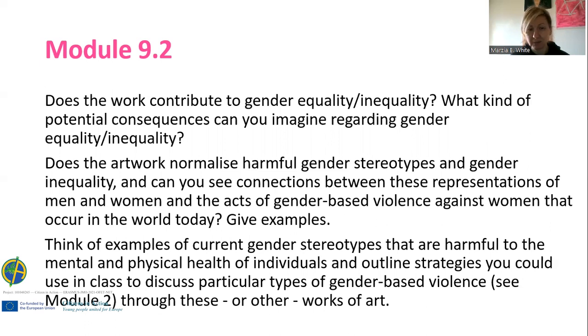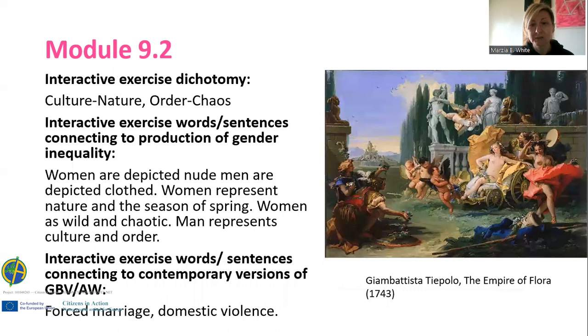Please give examples. Think of examples of current gender stereotypes that are harmful to the mental and physical health of individuals and outline strategies you could use in class to discuss particular types of gender-based violence through these or other works of art. For example, here we have this painting of